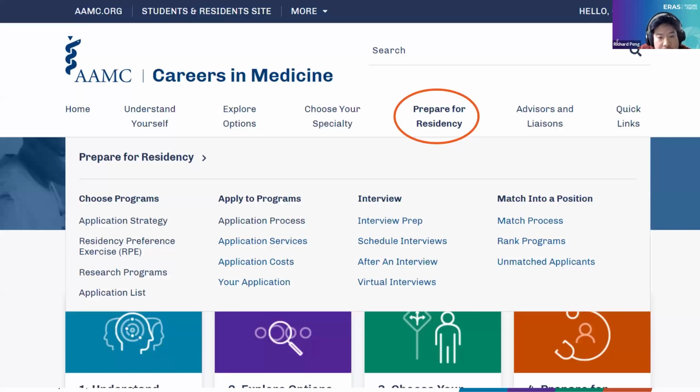A couple things to call out here. The application list has new and updated material with concrete guidance. The articles under the research programs have also been updated to include more preliminary and transitional year information. And last but not least, if you're interested in specialty-specific guidance, you can go to the ARIS directory page directly from here using the application process link.